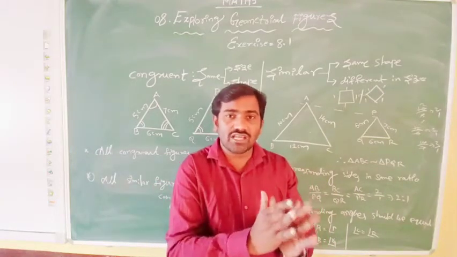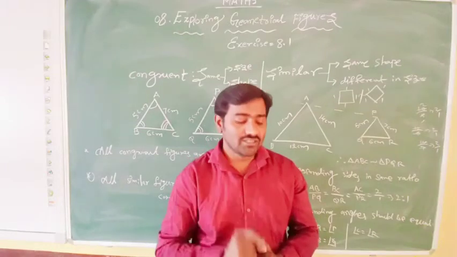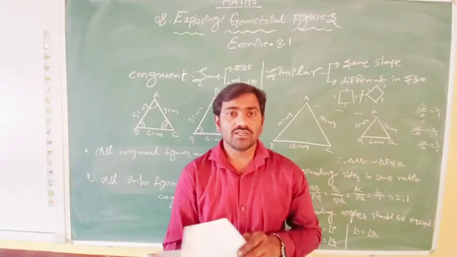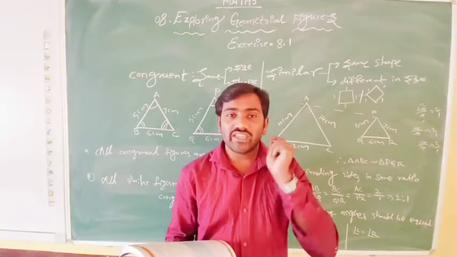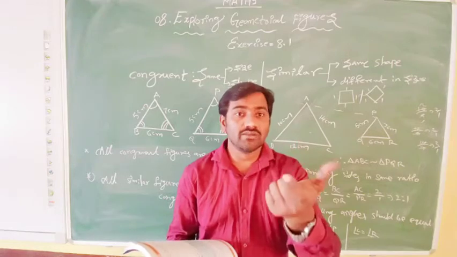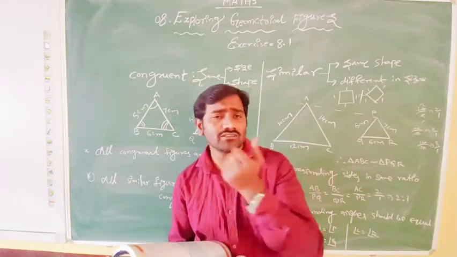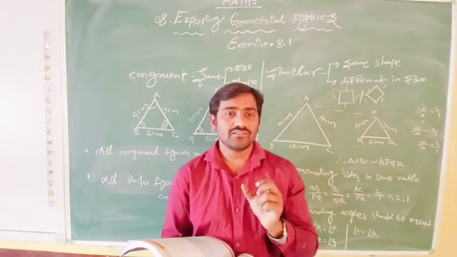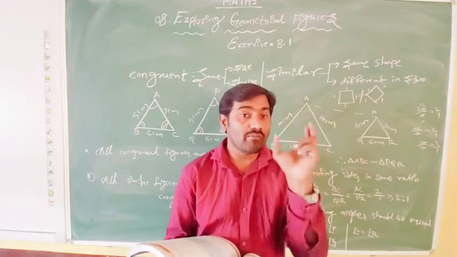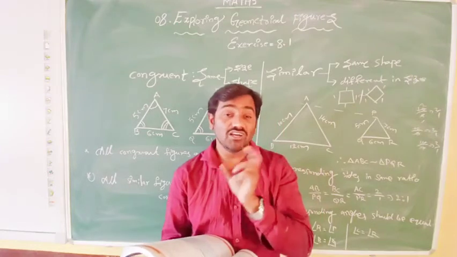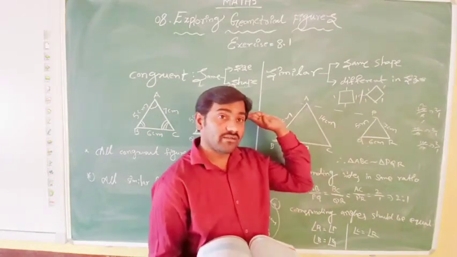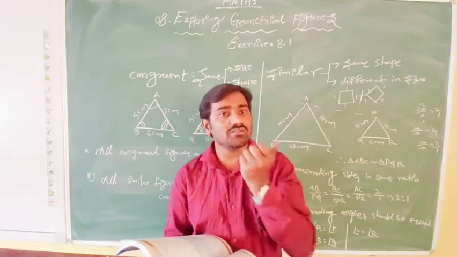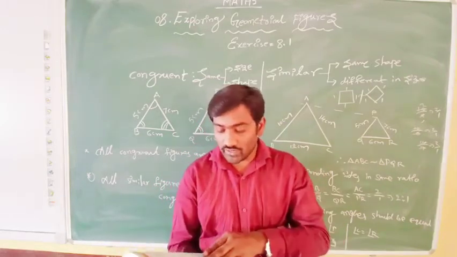So all congruent figures are similar. But all similar figures may not be congruent. This you need to remember. So sometimes they are congruent. Suppose I told you that pair of earrings of a girl are similar. They are congruent also. Pair of bangles are similar. They are congruent also. All congruent figures are similar, but all similar figures are not congruent. Sometimes in this case they are not congruent. But if I take a pair of bangles, they are similar, they are congruent also. In this condition they are congruent.